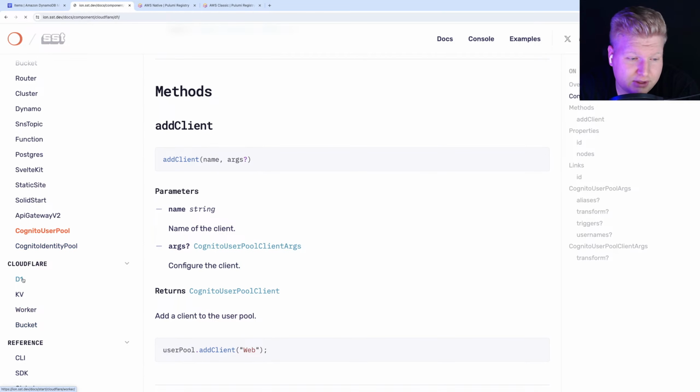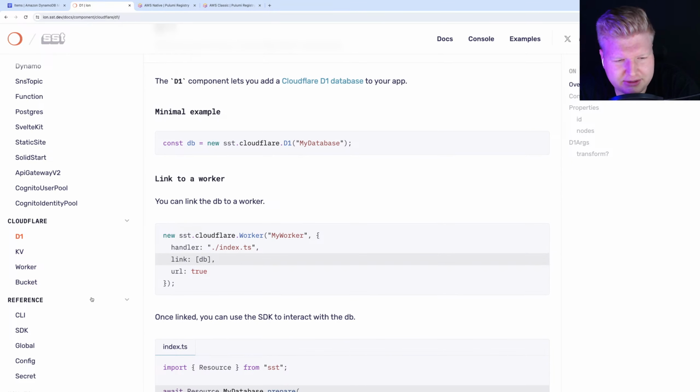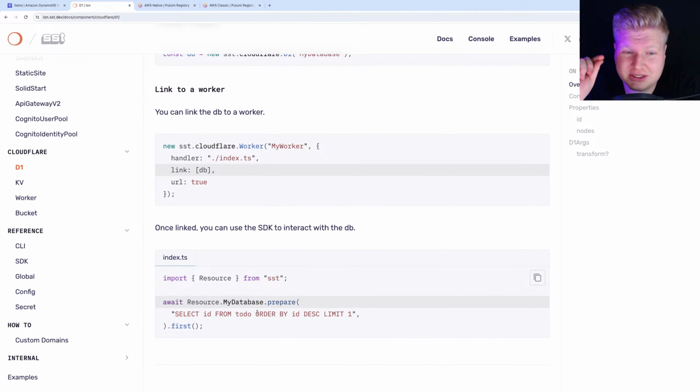Identity pool, and then we have Cloudflare. Here we go. I mean, the linking aspect is pretty neat. But in the end, it's just about getting the resource identifiers and passing them to the runtime. So it's not that big of a deal. In the case of AWS, it also does the permissions, which I'm not sure how it works between Cloudflare and AWS. If they were able to handle the wiring, oh yeah, that would be nice.